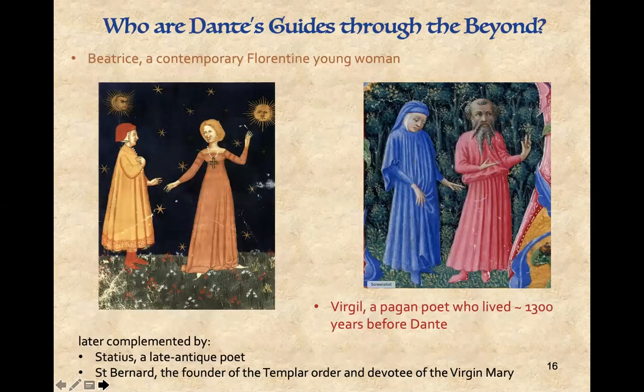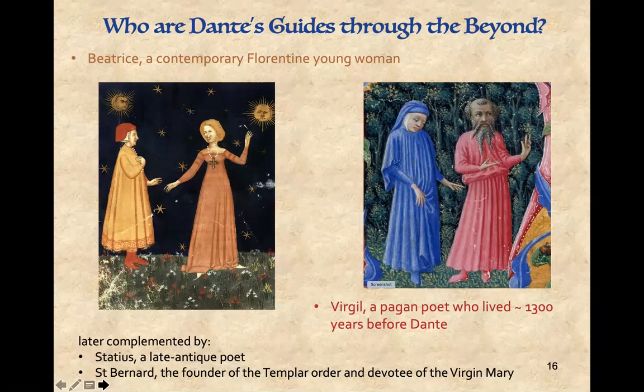So before we follow the two wayfarers into the journey, let's just stop for a minute and ask ourselves, in the Italy of the early 1300s, Dante is writing a poem in which he is going to tell us about a journey of a visionary and prophetic nature in the beyond. And he says,